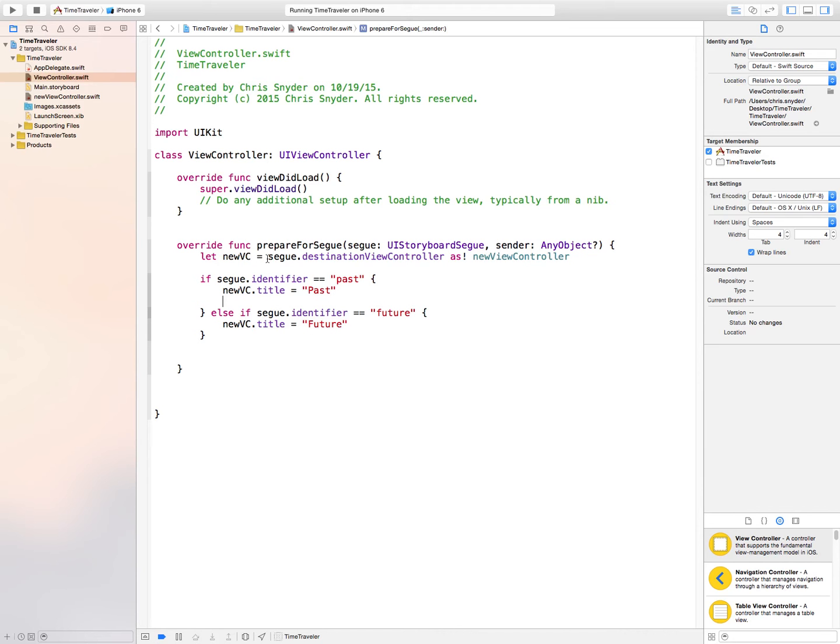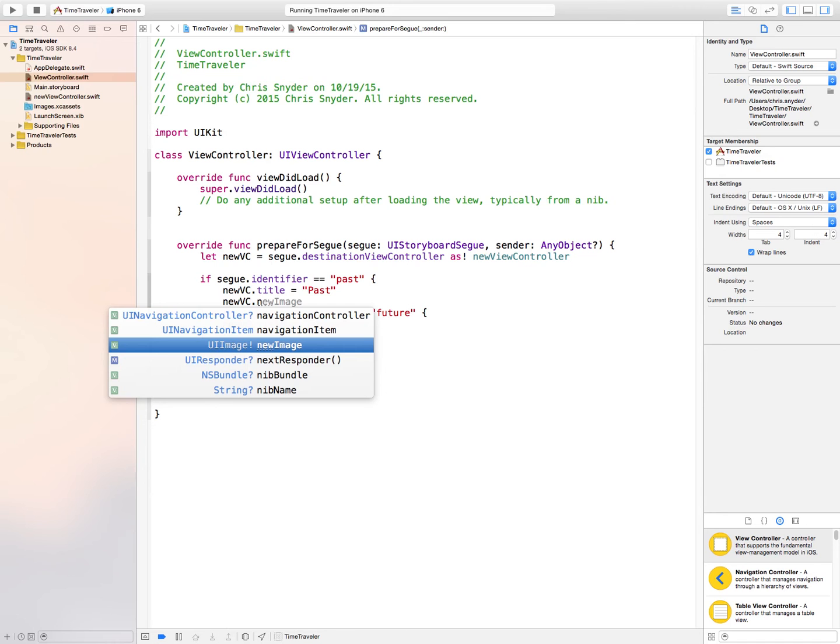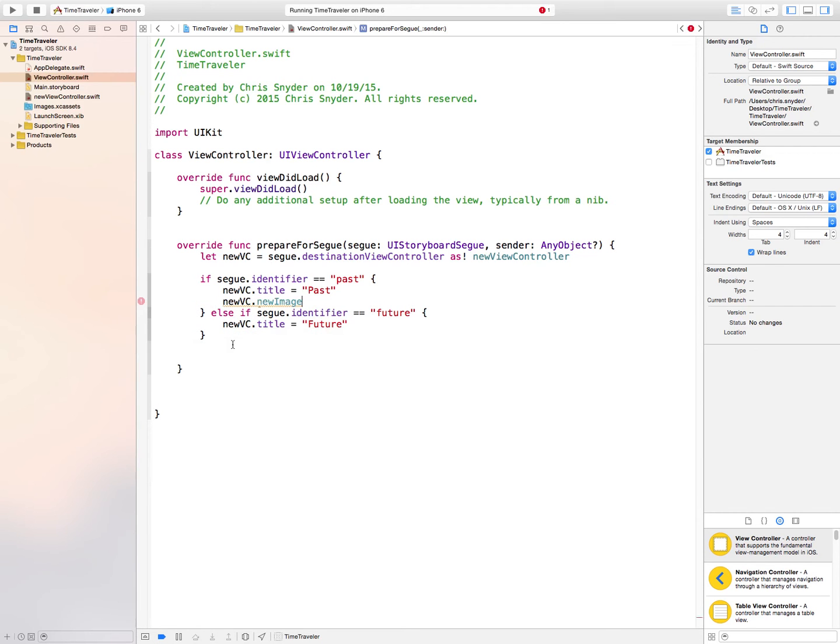So let's do the same thing here. We're going to go new VC dot. Now when we go dot, this is going to access any possible property available to us on the new view controller. We just created the new one called new image, and you'll see it shows up right here. So we're going to go new VC new image,